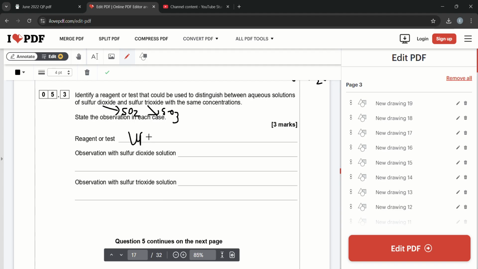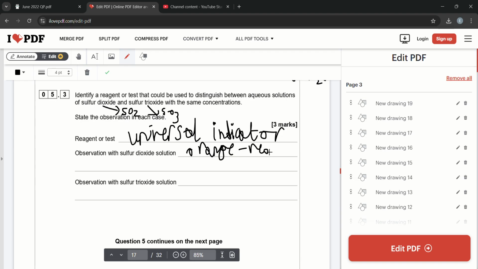Let's say universal indicator. There was a different one that we could have chosen, a metal like magnesium, calcium, or zinc, and SO2 would have a slower effervescence, SO3 would have a fast effervescence. But let's just use universal indicator. SO2 is going to be orange-red, and sulfur trioxide is just going to be red in aqueous solution. Observation of sulfur dioxide solution: orange/red. Observation of sulfur trioxide solution: